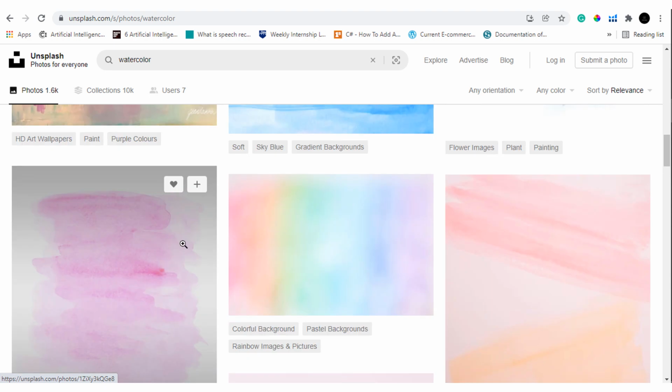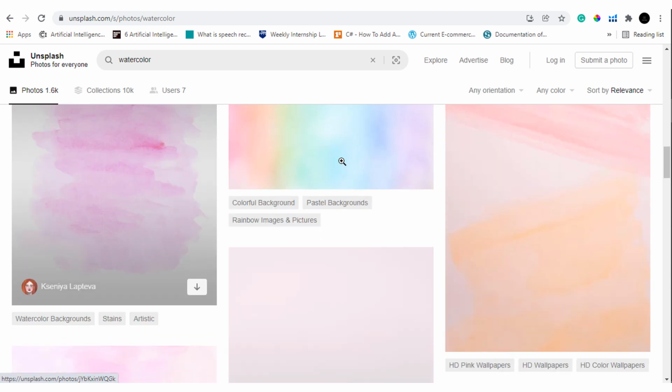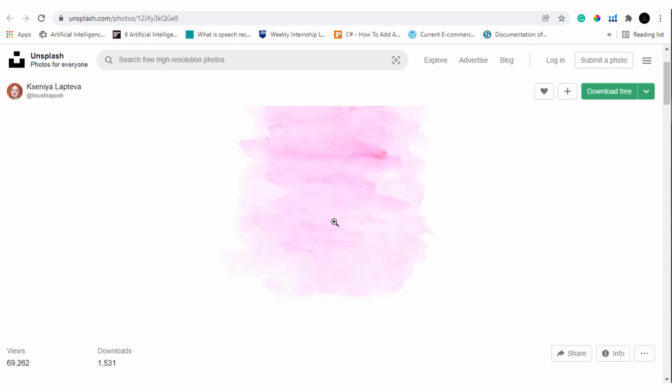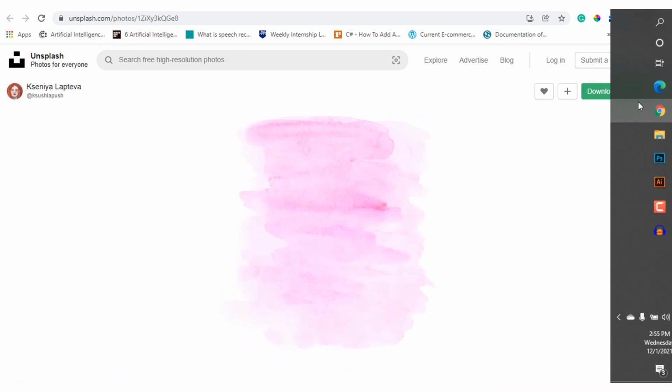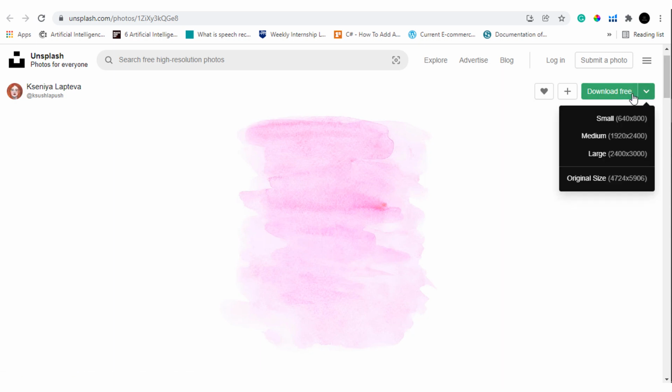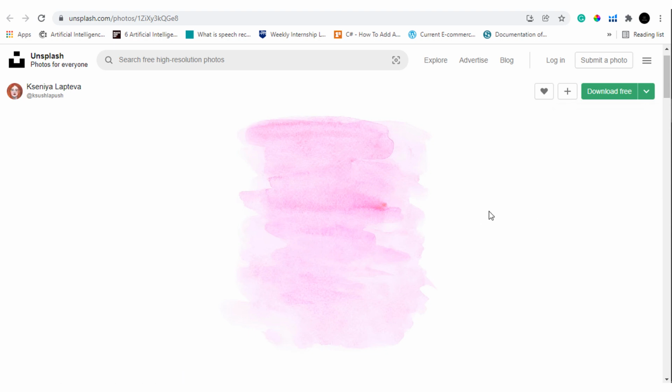This is a really nice one. You can just click the image and download it for free and choose the size according to your needs, and the images downloaded from this website are totally free to use for any commercial projects, and this holds true for all of the websites that I am showing you today.